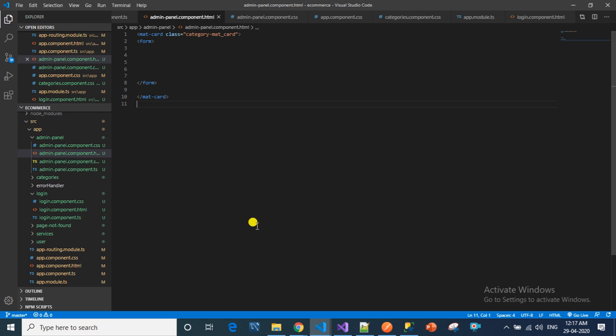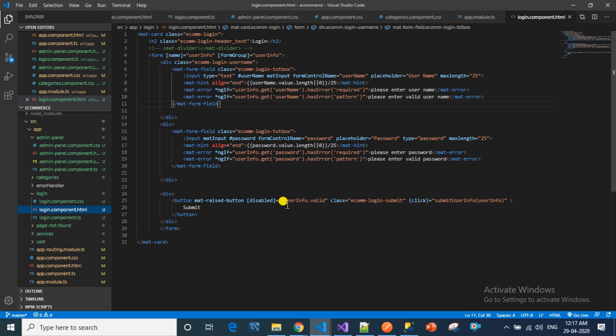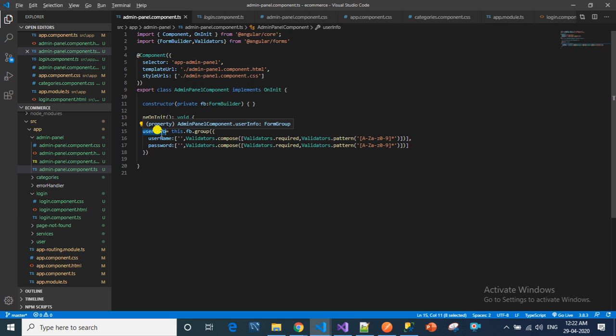So I am going to copy paste that. In the TS file I have imported form builder and validations, and I am going to use the name categories for the form builder.